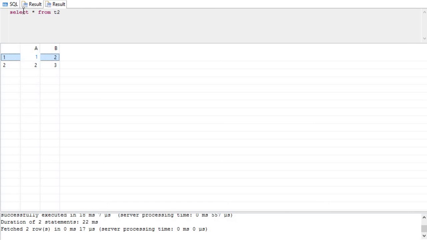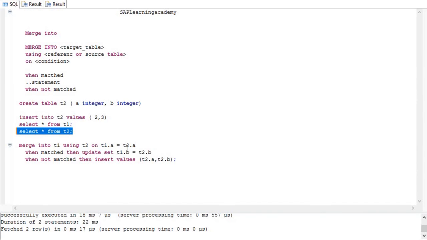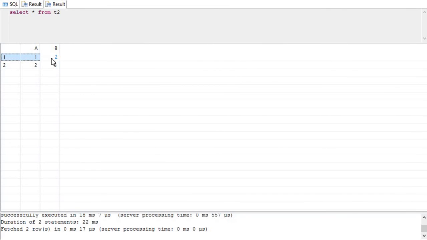Earlier we had 1 and 1 in T1, and now when it is matched, it is going to update the T2.B value into T1.B. The value in T2 table is 2, so that's why the value of this column, where it was 1 and 1, has changed to 2.